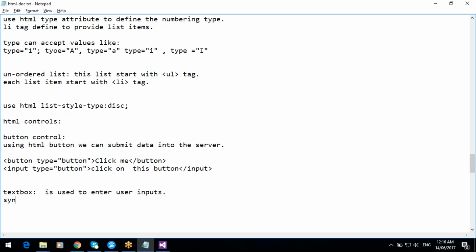So syntax: a text box where the user can enter input data, and the syntax is input type equal to text